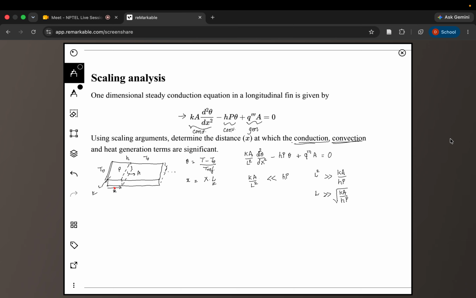So if you are considering a region which is very far away from this particular point, if L is very far away from the wall origin, then you can actually neglect the thermal conduction term. Because L is very high, this particular term will be negligible compared to the other two terms, and we can directly solve for theta from this. So then we will get theta as,